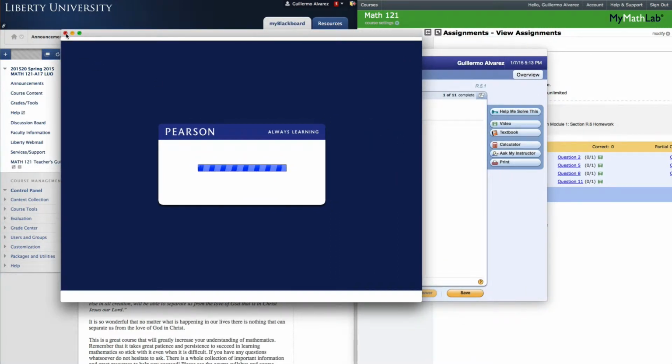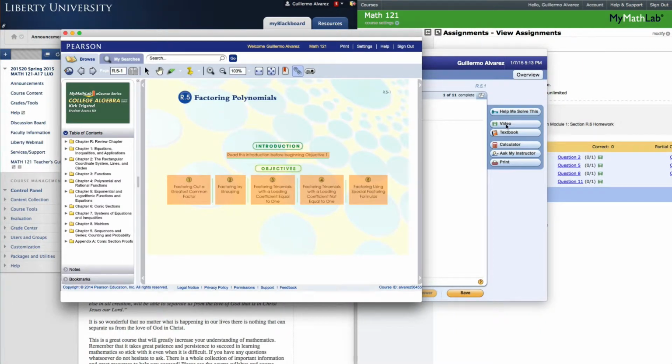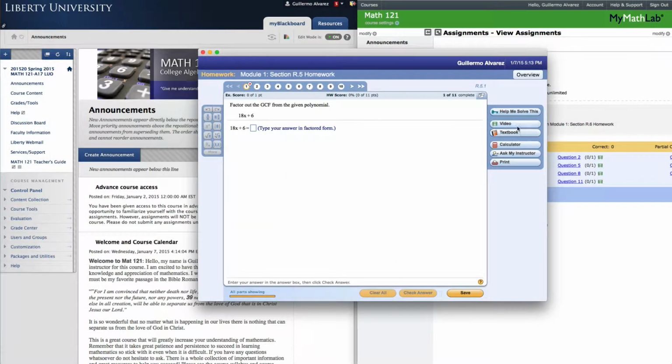And so that's loading. It also has this video button. Also here, let me go back. So here, this is an interactive textbook. You can click on different objectives, go through by the pages and so on. Now you can also click on a video for a video example, and then you can click on this Ask